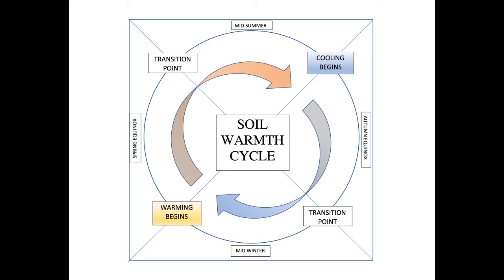The earth is exactly the same, and the plants behave in relation to the warmth of the earth. So we've got these quarter points marked, or midpoints we can say, between the major solar markers, where in the bottom left of the chart we've got the wording "warming begins." So we can imagine that the soil begins to warm up about 6 weeks after midwinter, and likewise 6 weeks after spring equinox we have a transition point into the warmer half of the year. We've already entered the lighter half of the year, but now we're entering the warmer half of the year, and